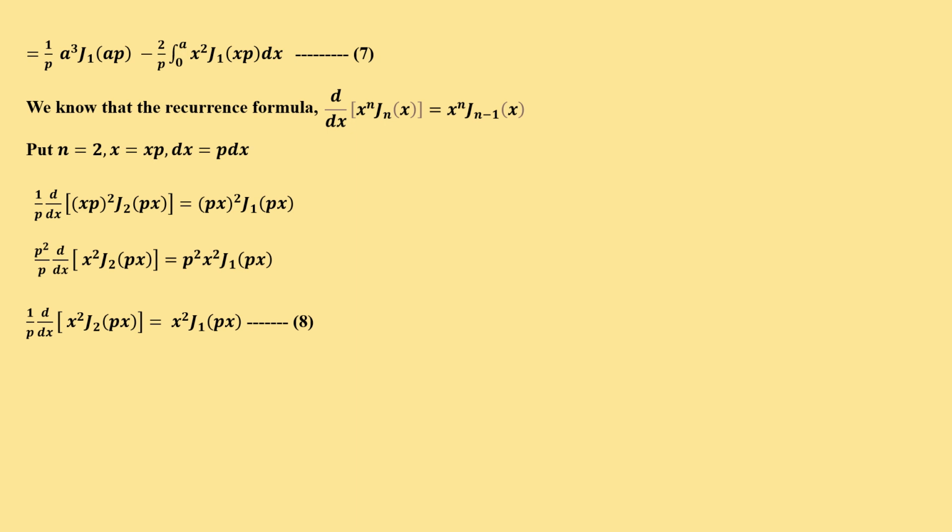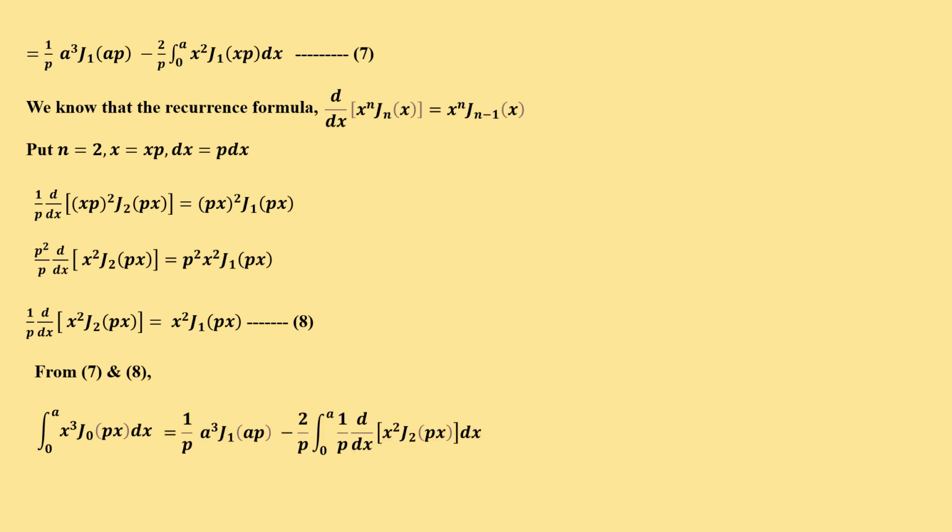So 1 by p d by dx of x square J2 of px, which is equal to x square into J1 of px. In the previous step, p square on the left hand side and p square on the right hand side of the equality both get cancelled, right? So we get the remaining, the 8th equation. So from 7 and 8, integral 0 to a x cube J0 of px dx, which is equal to